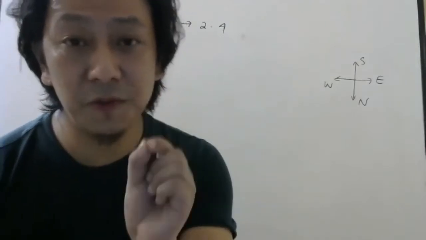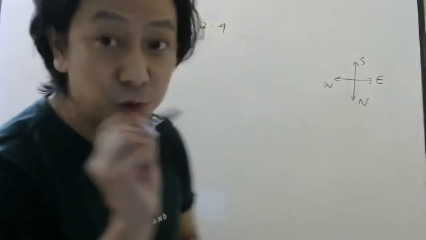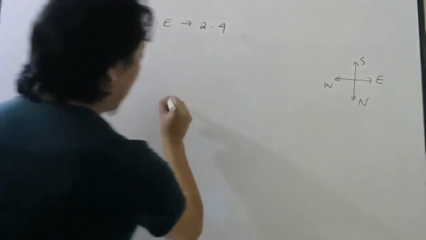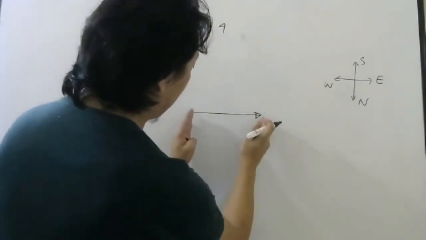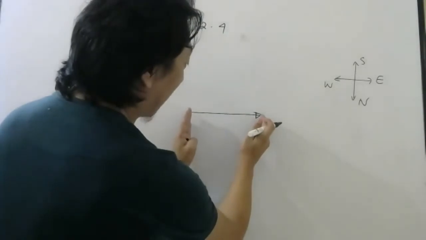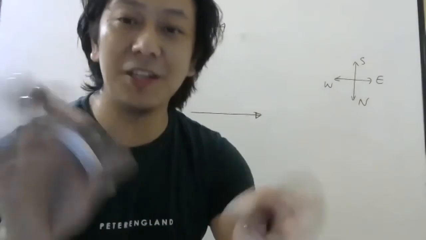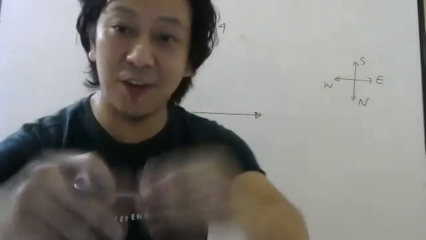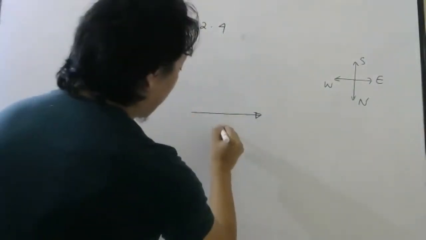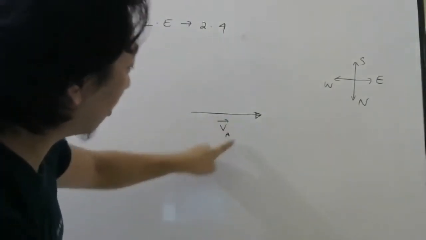So the first car is moving in what direction? It is moving in the direction of east. So how to represent the arrow, as I told? Your arrow should be towards east. And this length will be your magnitude. How much was it? 10 meter per second. The first one you can choose as per your wish. You want to draw big, you want to draw small, that is your wish. And this arrow will represent the velocity of the first car. So this is the velocity symbol, this is the vector diagram.